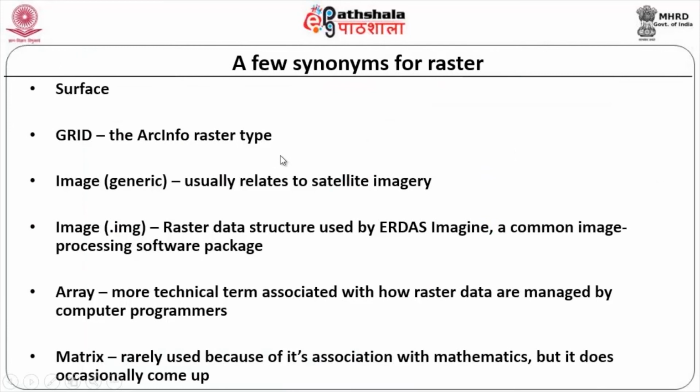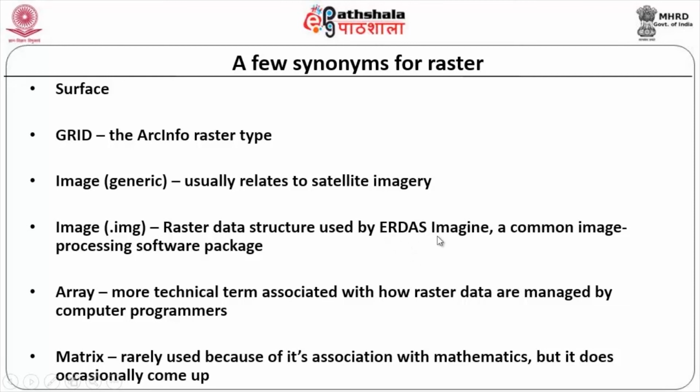There are certain synonyms for raster data. We otherwise call it surface data, nothing but your contour data and the DEM data. Grid data, that is what we normally use in your ArcInfo raster type. Image, a generic model which is normally related to satellite data, as I told you earlier. An image may be .img, the extension normally used for raster data in your ERDAS Imagine software, a software exclusively used for image processing.